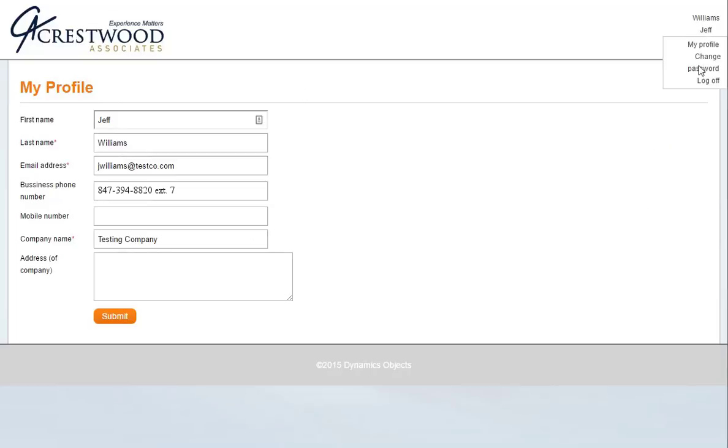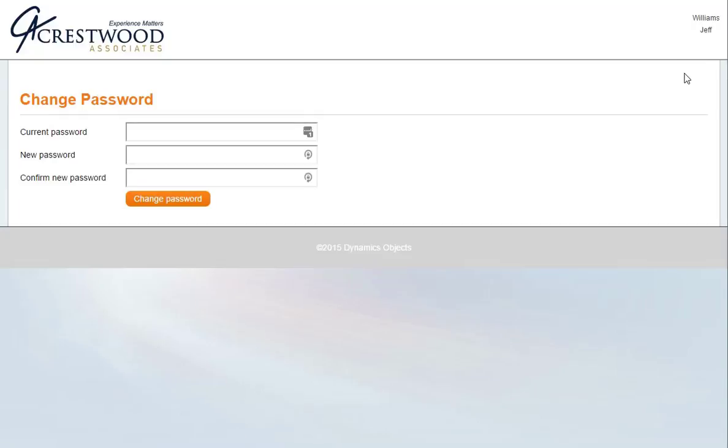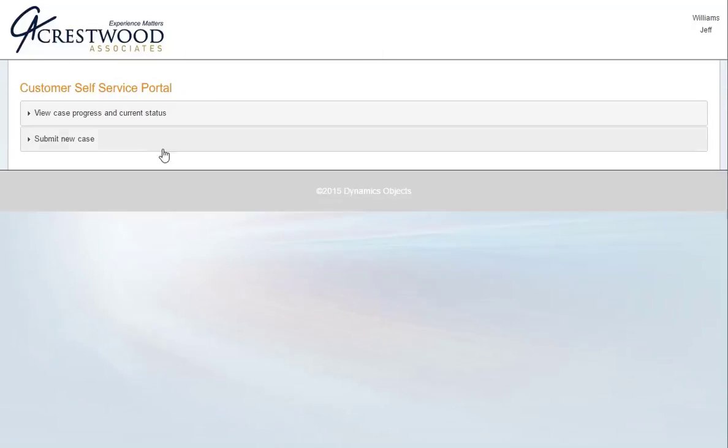We also have the capability of changing our password. This is always recommended, especially after the first login, to adjust the support portal's interface and password to your own preferences. Once we have that information updated, if we go back to the actual portal itself, we will see that there's two bits of information available to us. We can both view current cases and or past cases that have been entered, as well as submit new cases